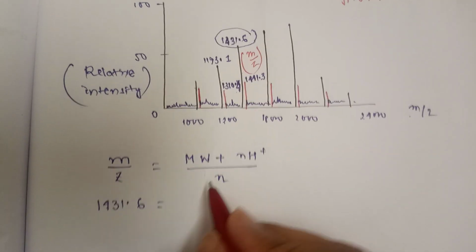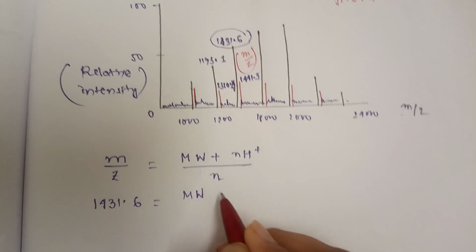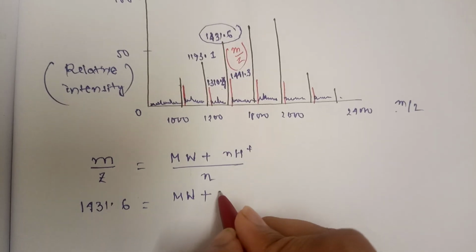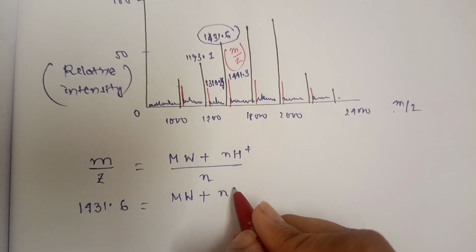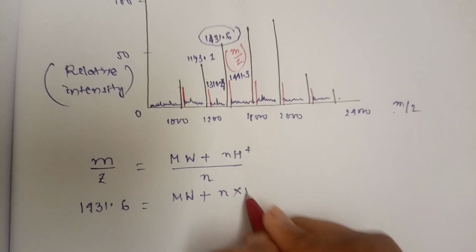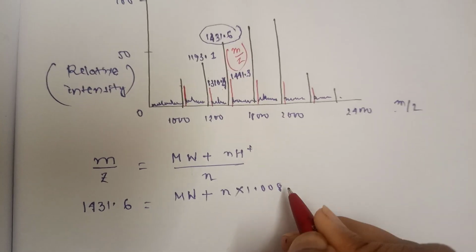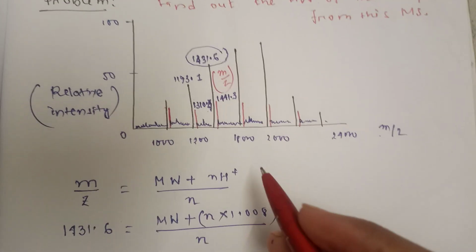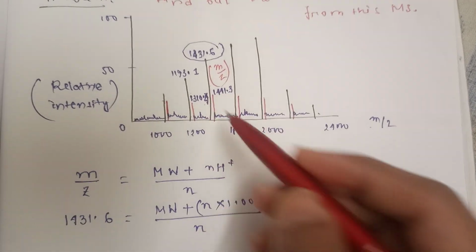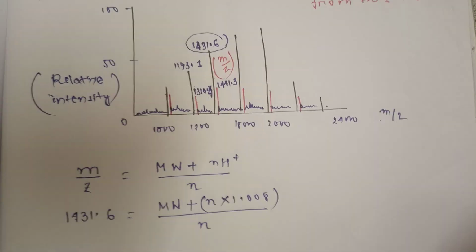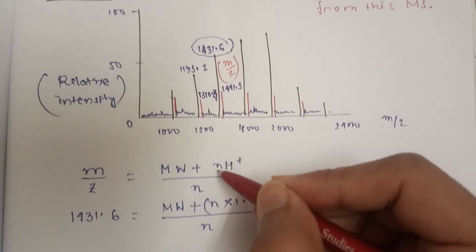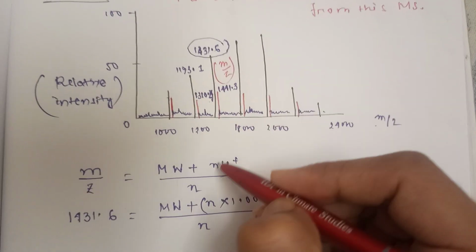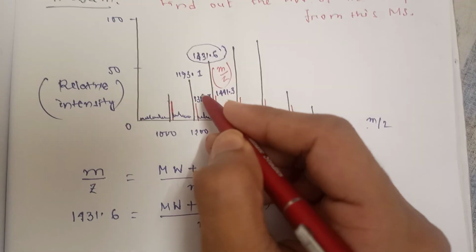1431.6 equals, we have to calculate the molecular weight, so let it remain the same. Now n we don't know, and H we know, that is 1.008, by n. So let's take another peak adjacent to it, because we know n will vary just by 1. Or we can take one after that, then it will be n plus 2, but let's take this